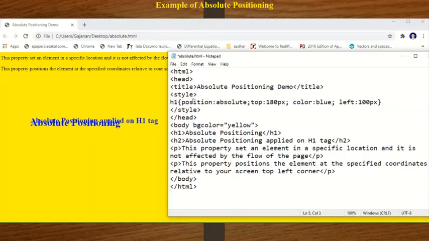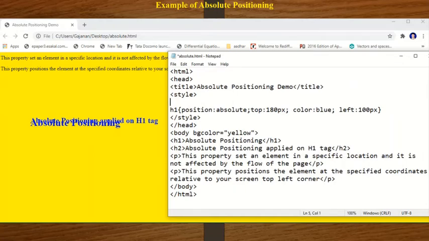Then I want to assign one relative positioning here, that is dot, first, curly brackets open and close, then position colon relative, semicolon, top colon minus 10 pixels, semicolon, right colon minus 10 pixels. Okay, clear?